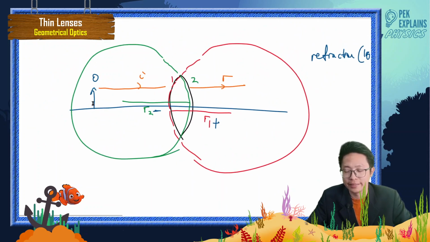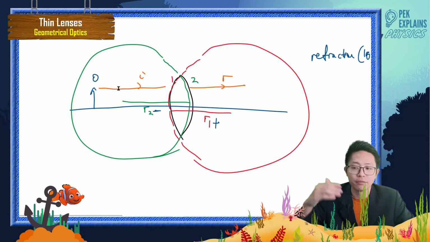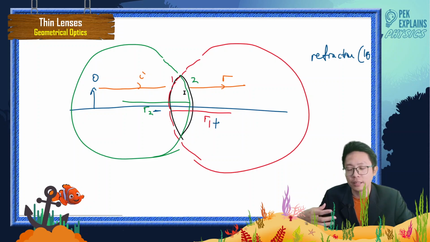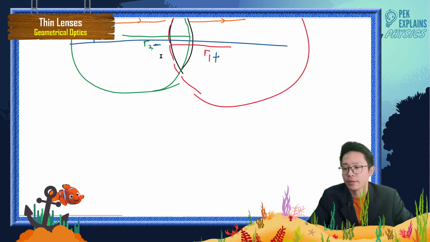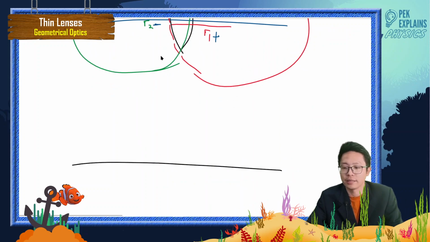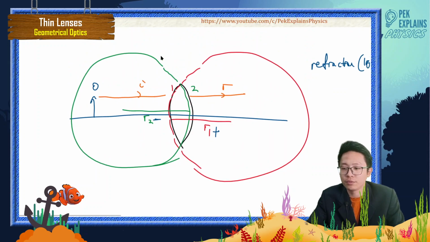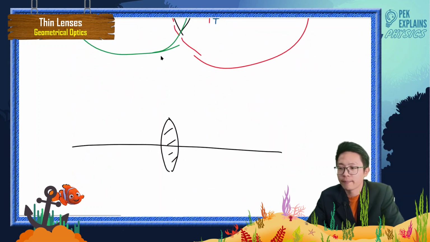If the object is at the left hand side, then the surface that first encounters the object is the first surface, and the other surface, which comes later than the first one, is called the second surface. If the object is at the right hand side, let me show you. What if the object is at the right hand side? I can place the object anywhere. So if the object is over here, then